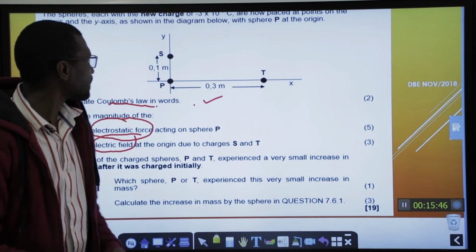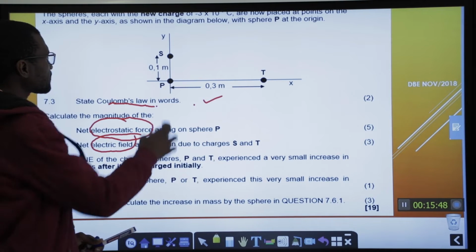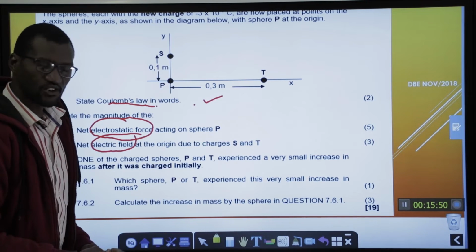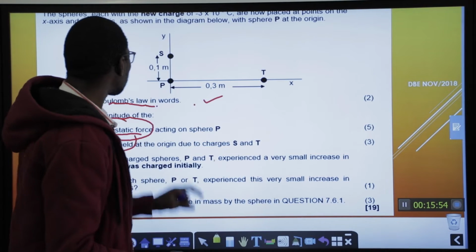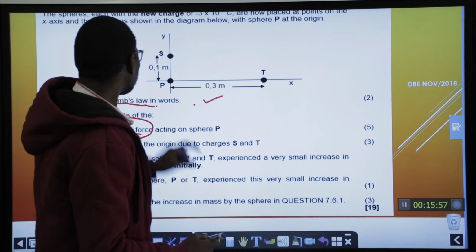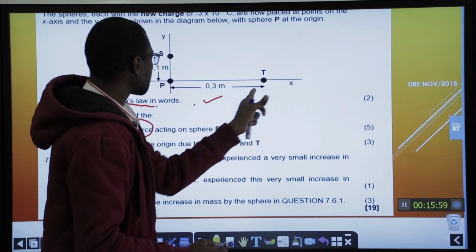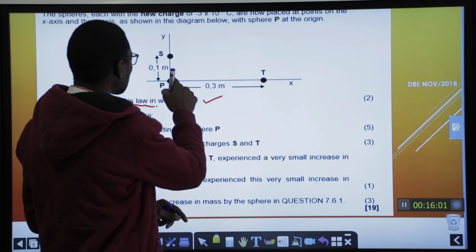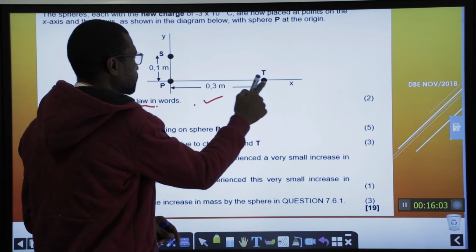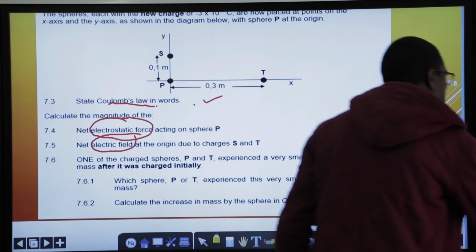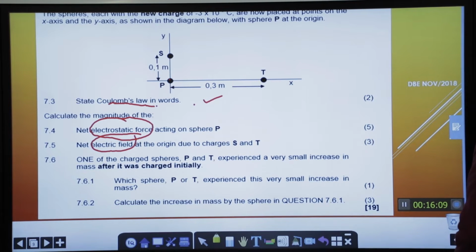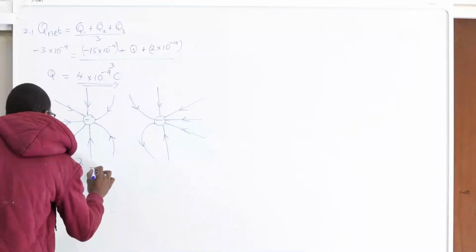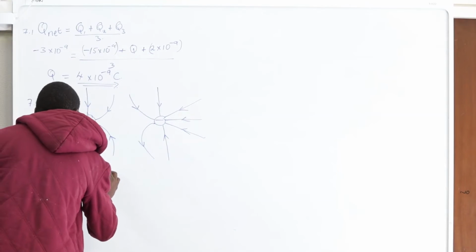I'm going to consider my S on P, and I'm going to consider my P on T, the 2 different forces with the 2 different distances between them. So between this one and that one, and between that one and that one. I'll write it out. My F net squared is equal to